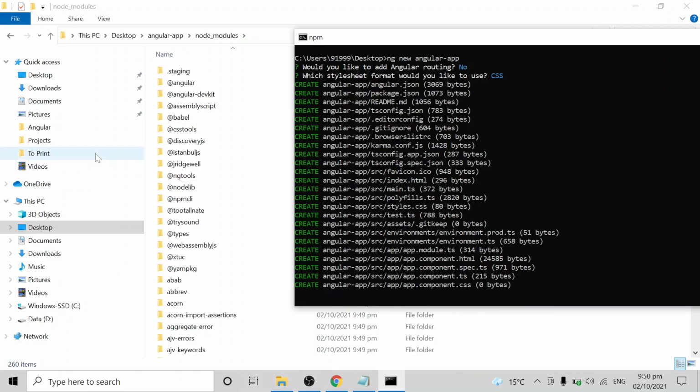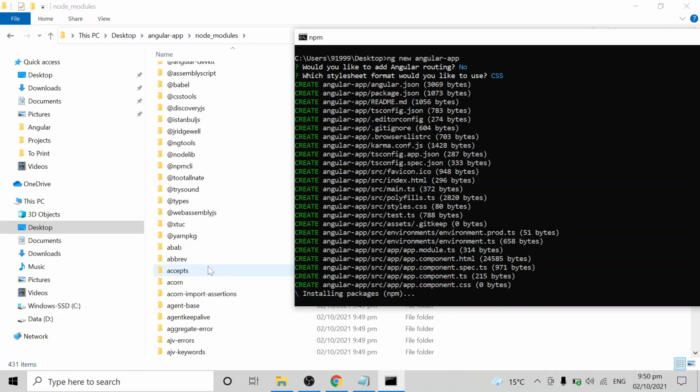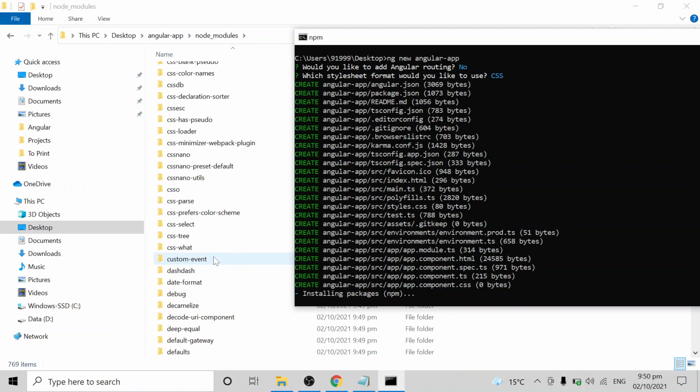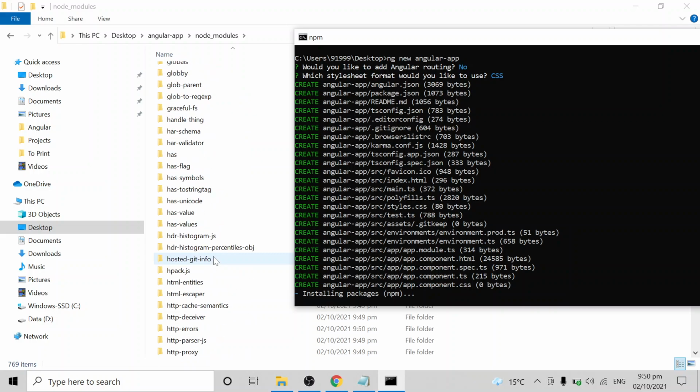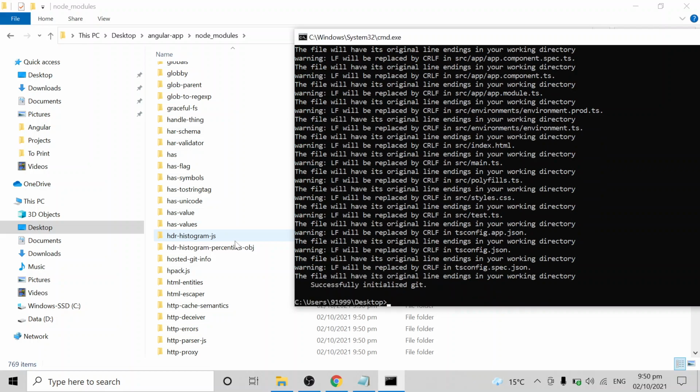All the packages started getting downloaded inside the node modules. Now it has been successfully installed.